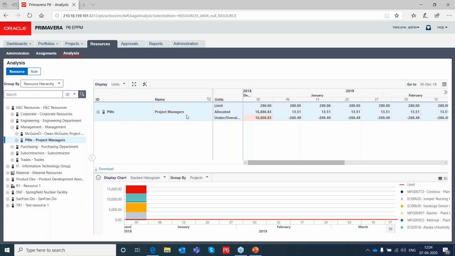Okay, normally what we do is, in case you are having a resource calendar specific for a resource, you can put that force majeure or the events in the calendar, right, and from there you can utilize it for the analysis purpose.